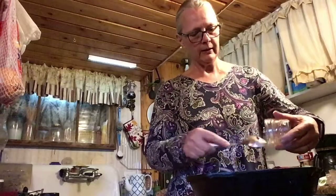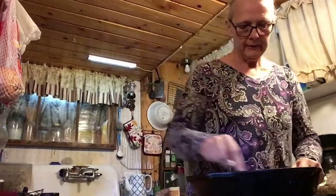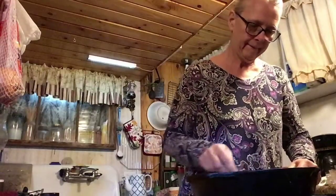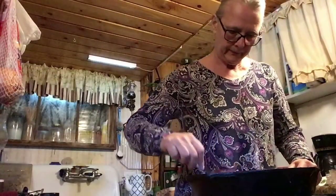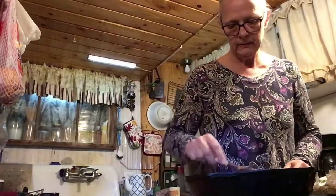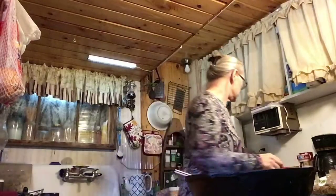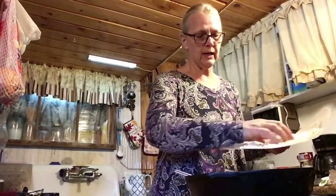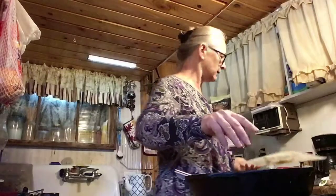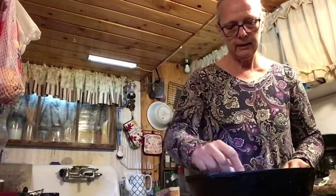So we're going to stir this. Mozzarella cheese right in here. I'll sprinkle it on top too later on. We're going to just put about half of it right there. And stir it. And then I'm going to just